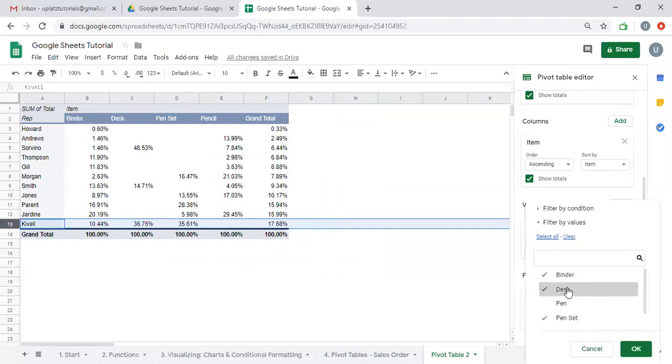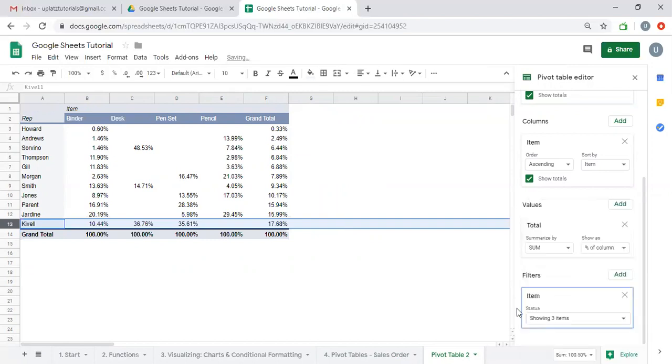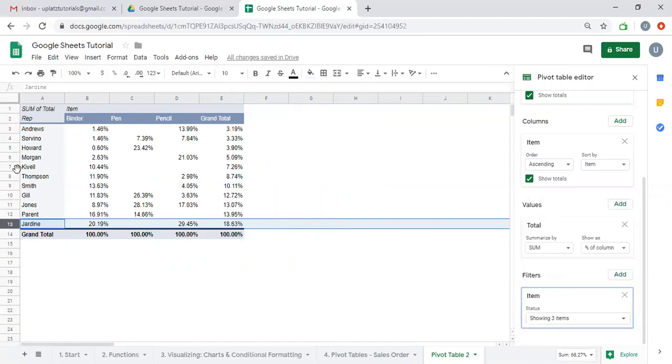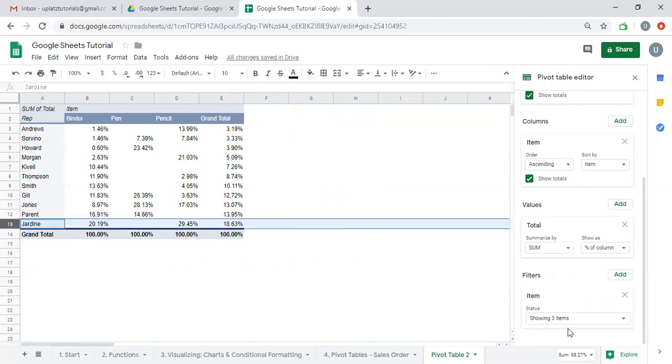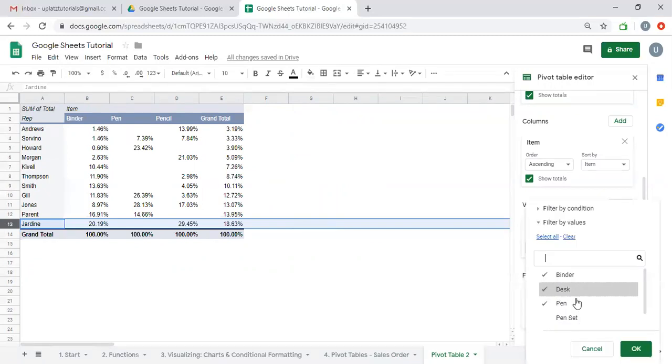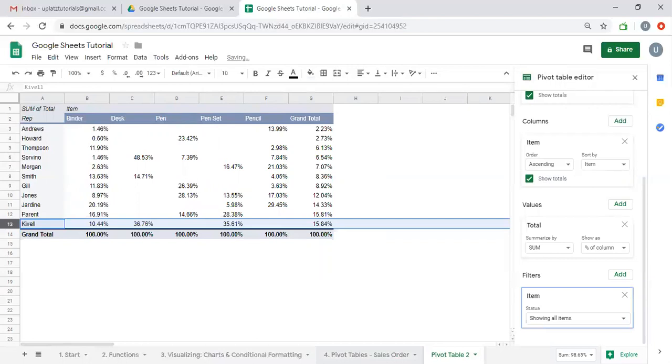So what if in a certain scenario there was no desk and pen set? Let's see. Kival is no longer the highest salesman, the best salesman. It's now Jordan. So you can apply filters to understand or remove certain parts of the data set which you think is not to be taken into account or is to be removed as part of the final summary